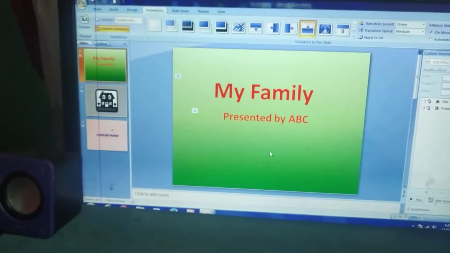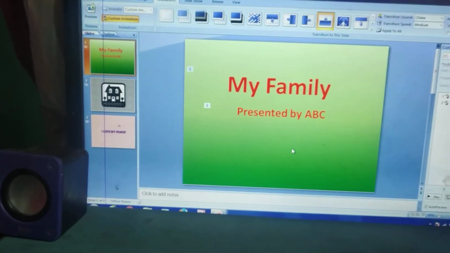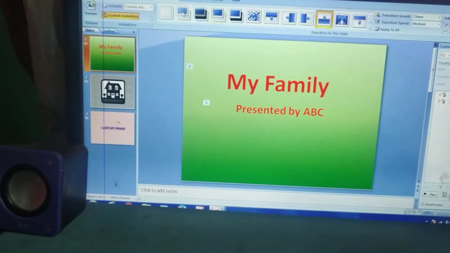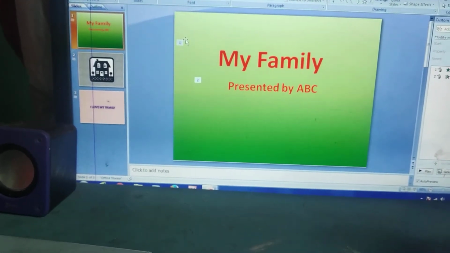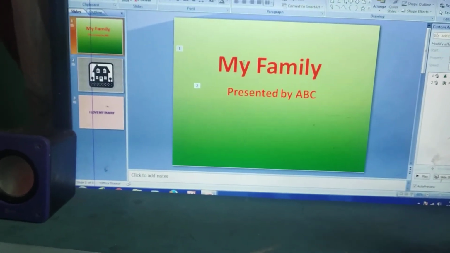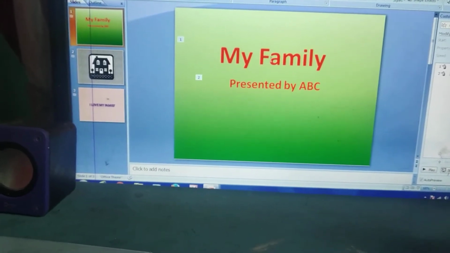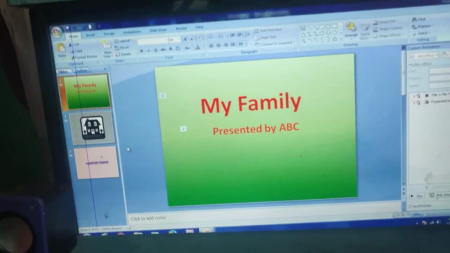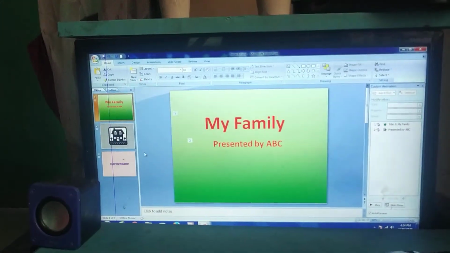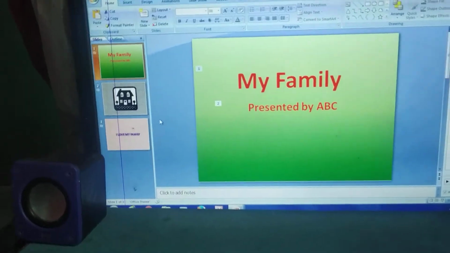Good evening, kids. We have seen before this how to prepare a presentation. Means in presentation, how to insert a slide, how to give effect to the slides, how to change the font color, font size of the text, how to insert picture, how to insert shapes, how to insert word art. All these things we have seen. How to insert table. We have seen all these things before this.